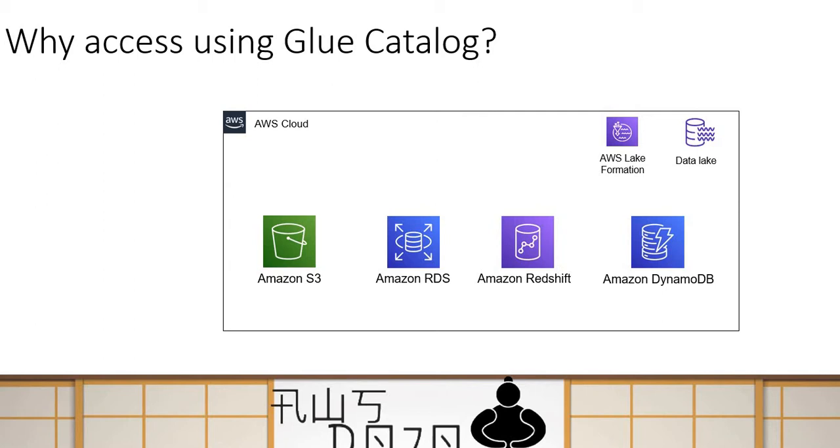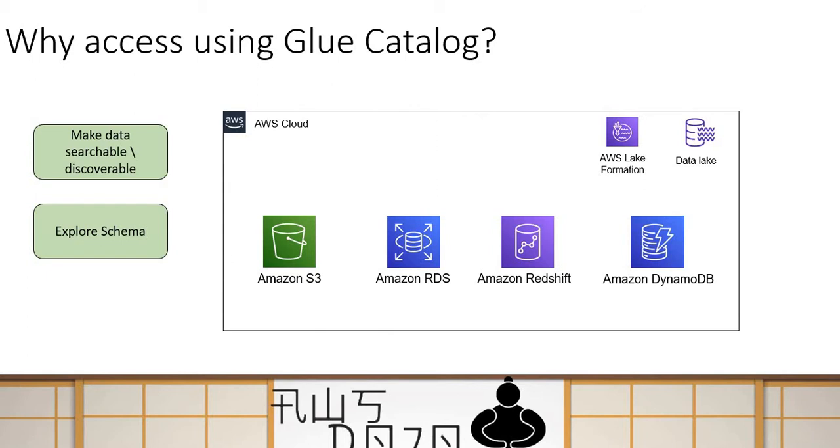Then on top of that, once you have a centralized Glue Catalog, you can use services like AWS Lake Formation to provide centralized governance. At one place, you can decide who will have access to what data. So literally, Glue Catalog adds a lot of value in terms of making your data searchable and discoverable, the ability to look into particular data, see the type of the data, schema of the data, location of the data, and finally, a way to centrally govern access to your data using Lake Formation.